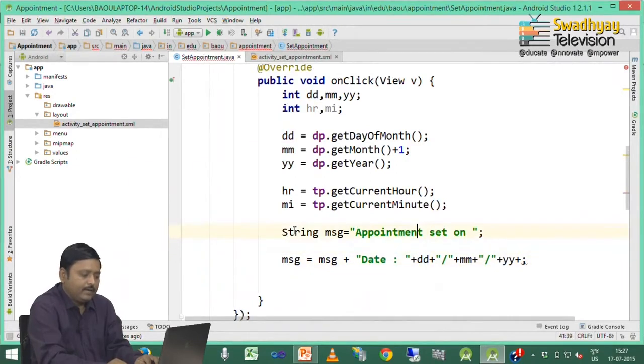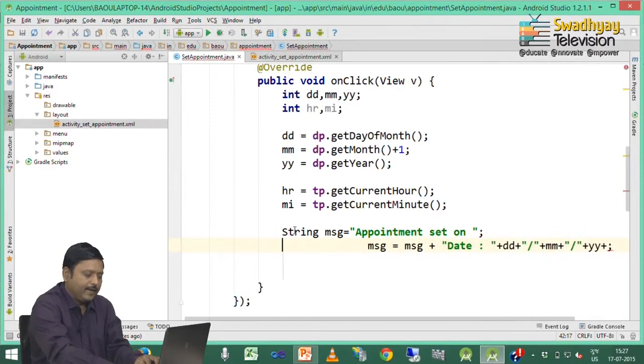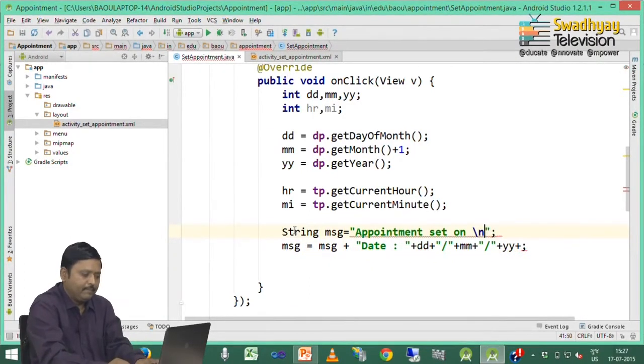So, these will write in first line it displays appointment set on, in second line it displays, here I am appending /n. So, it goes to next line, and in next line it displays date colon and then day, month and year separated by separator.